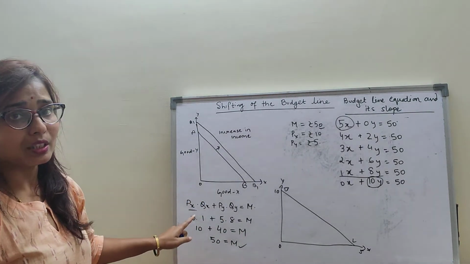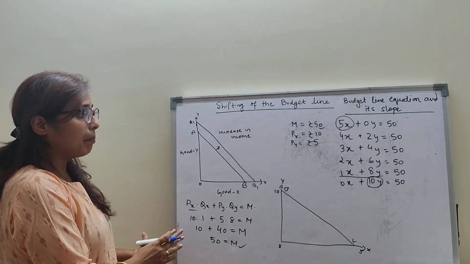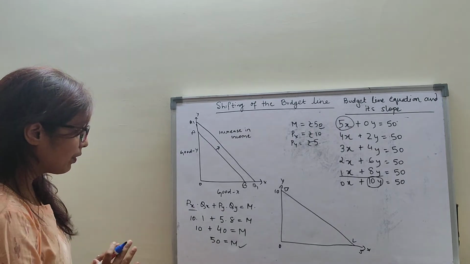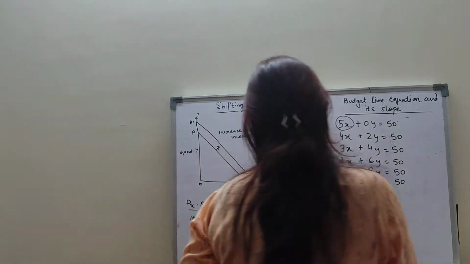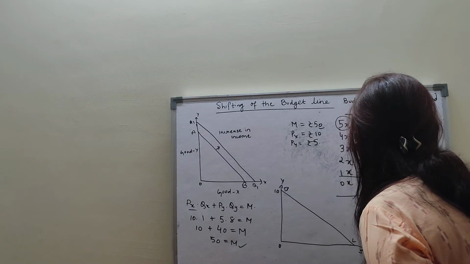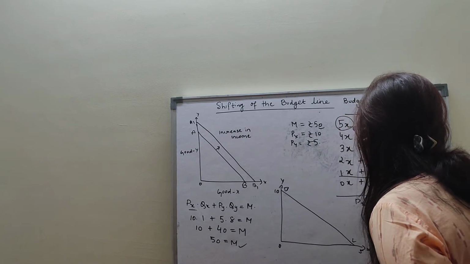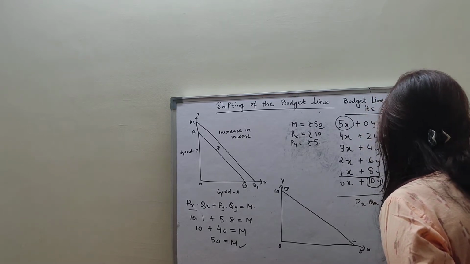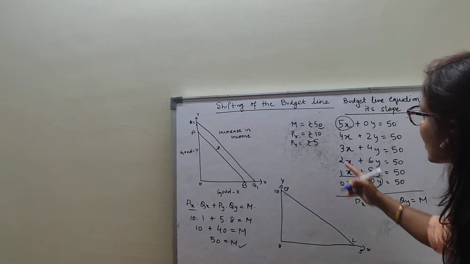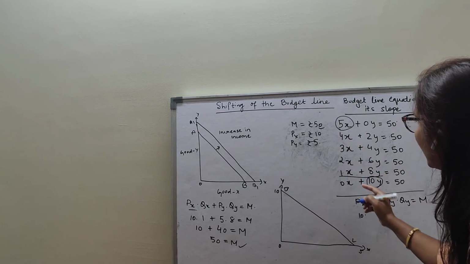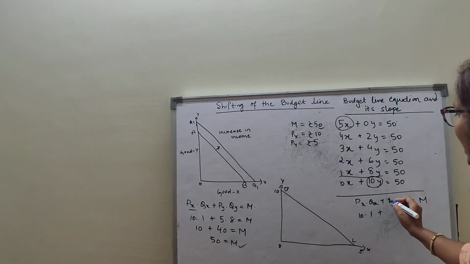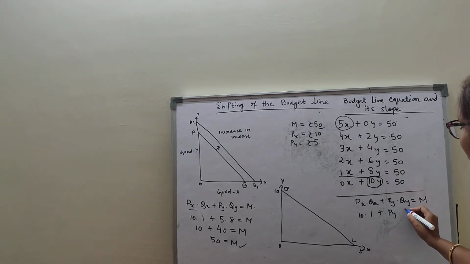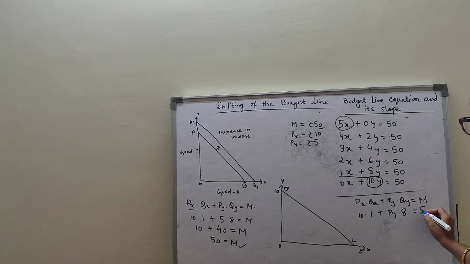So we can find out any missing variable from the given equation. Continuing with the same example, suppose the price of Y has not been given to you. The rest has been given. So I'll do it here because I do not have the space. Again I'm writing the first formula so that you don't get confused. Now price of X is 10, quantity of X is 1. Price of Y is not given to you. Quantity is given, 8. Income is 50.